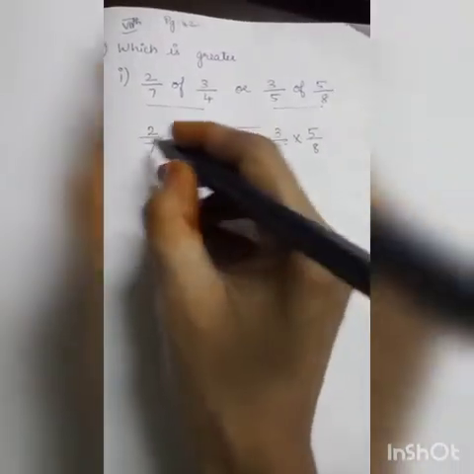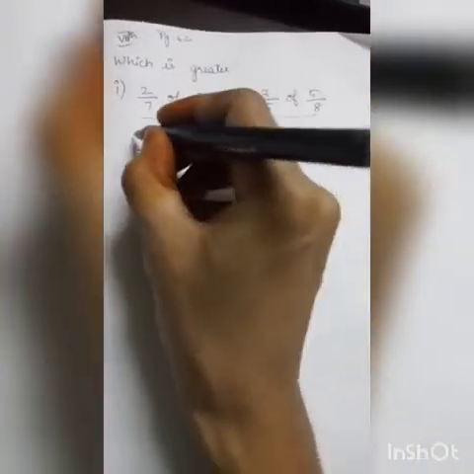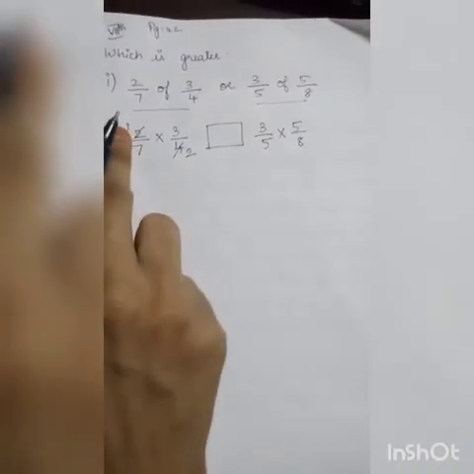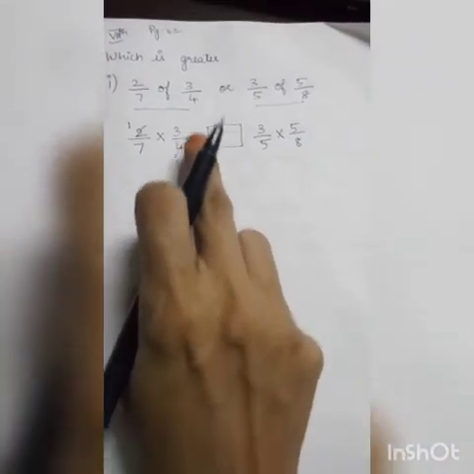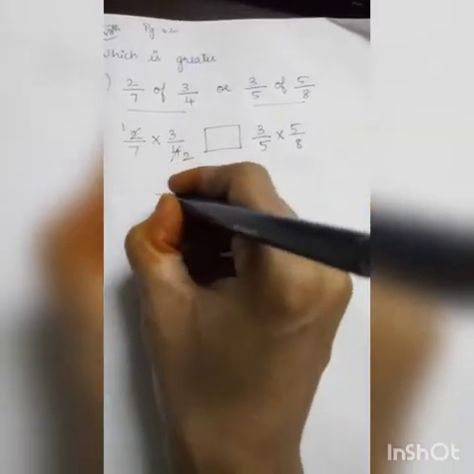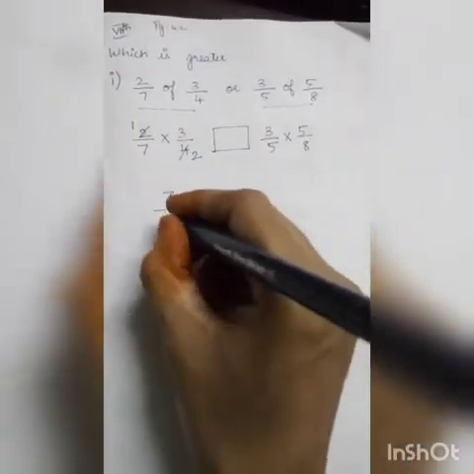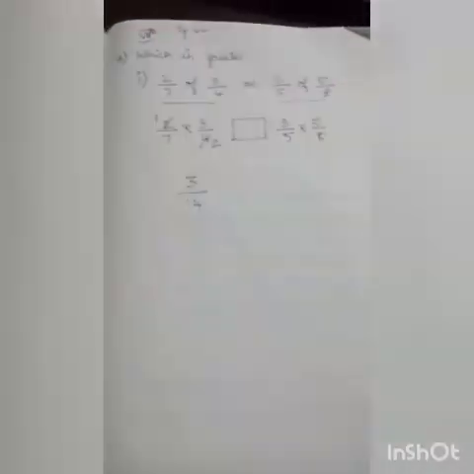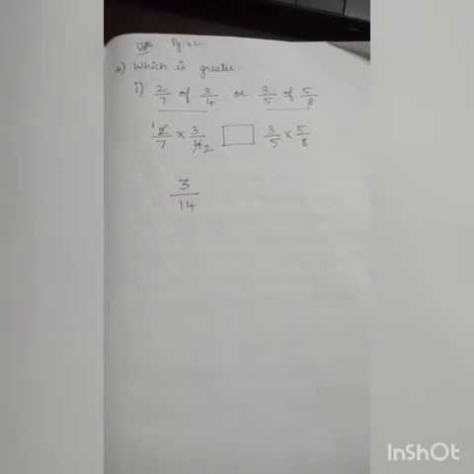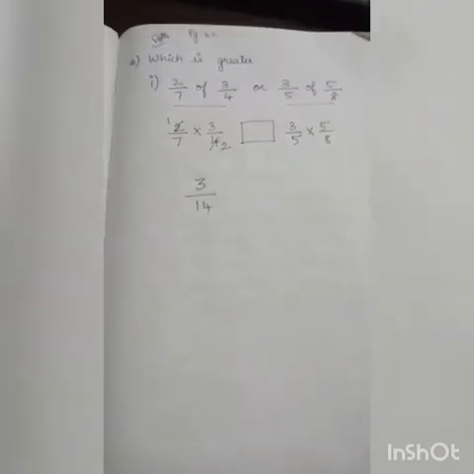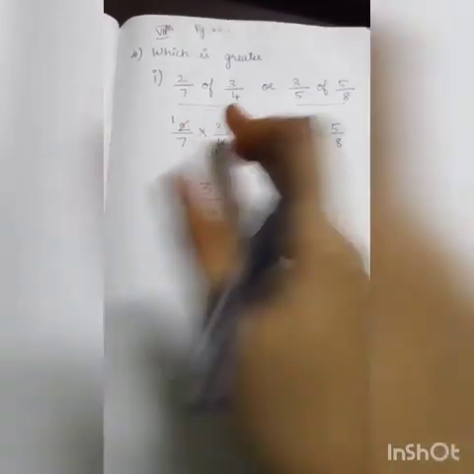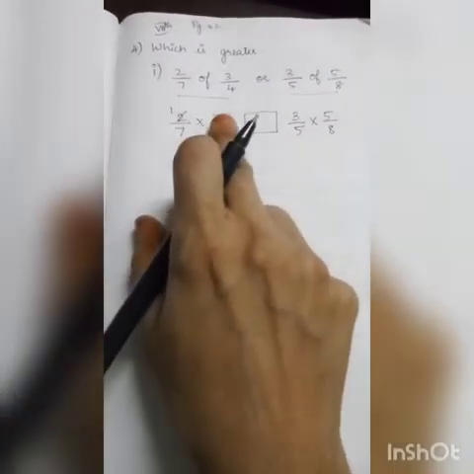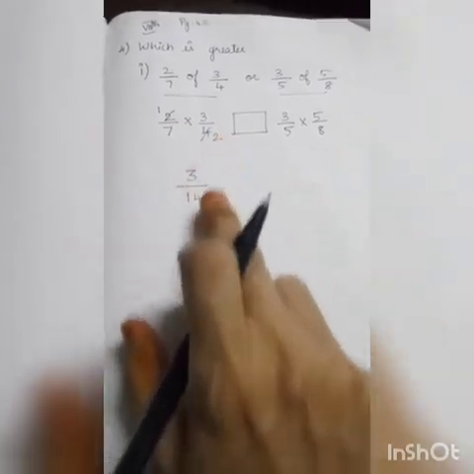Now, I am just going to cancel it. 2 times 1 times 2, 2 2s are 4, because it is multiplication, it is in the numerator, it is in the denominator. Now, 1 3s are 3, 7 2s are 14. Listen carefully. You can either cancel first and multiply, or you can multiply first and then reduce to the simplest form. Here I have cancelled first, then multiplied. 2 1s are 2, 2 2s are 4. 1 into 3, 3. 7 into 2, 14.